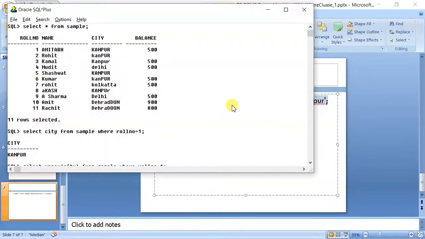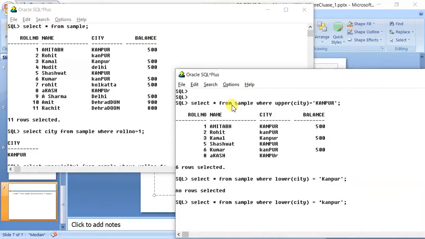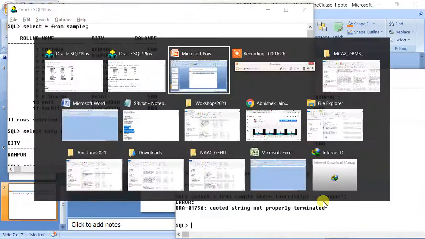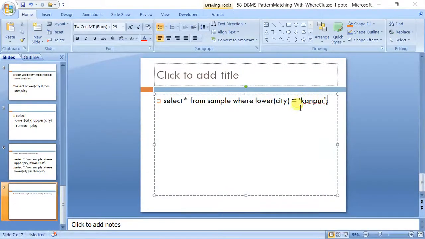Okay, let's try pasting it. I don't know whether it will work or not. No. Now see, there is a lesson for you from this copy paste. See, quoted string not properly terminated. Now you can see the difference here. This quote is different from this quote. It is very important because I have pasted it from the PPT, so it was changed.